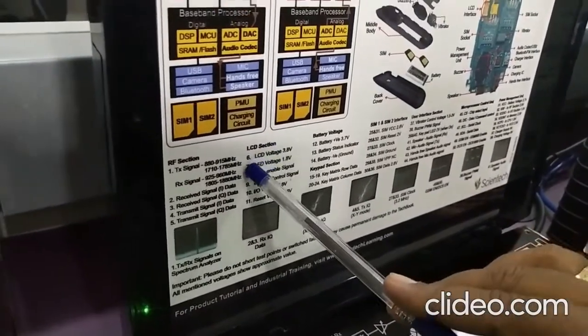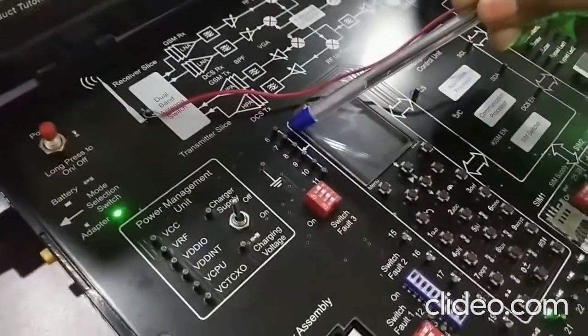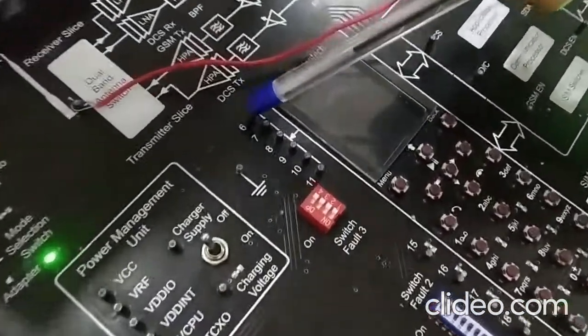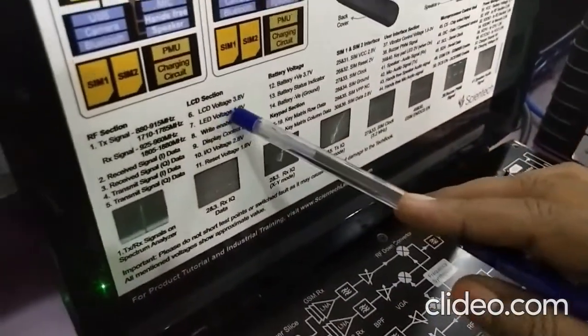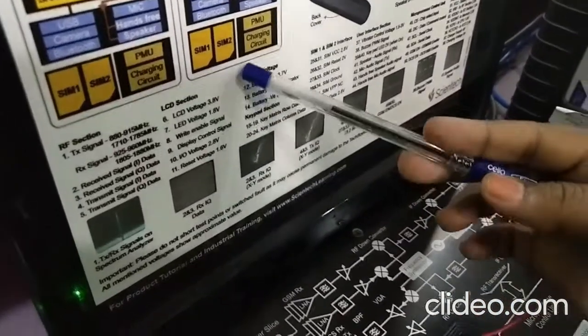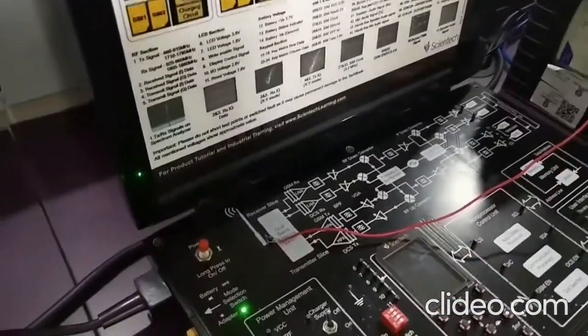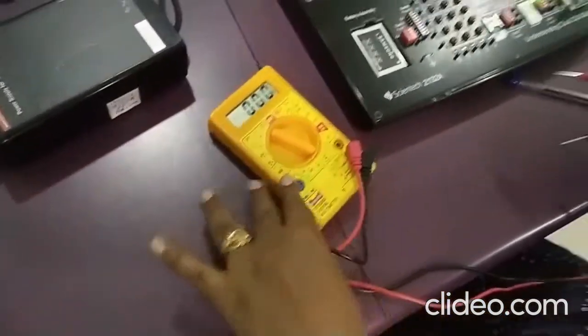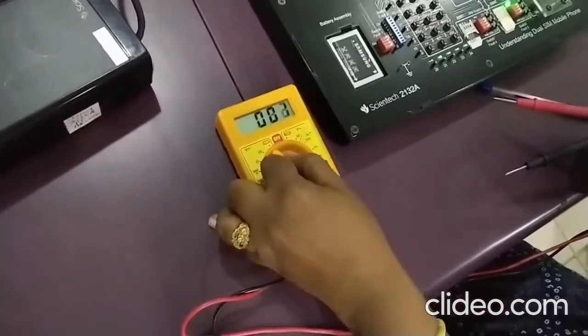If I say here, 6 is for LCD voltage. Now, if you go to the kit and see here, I have an LCD voltage, and the value is 3.8 volt. So, you can make use of a digital multimeter, because to measure the voltage we need a digital multimeter, and it should be operated in DC.